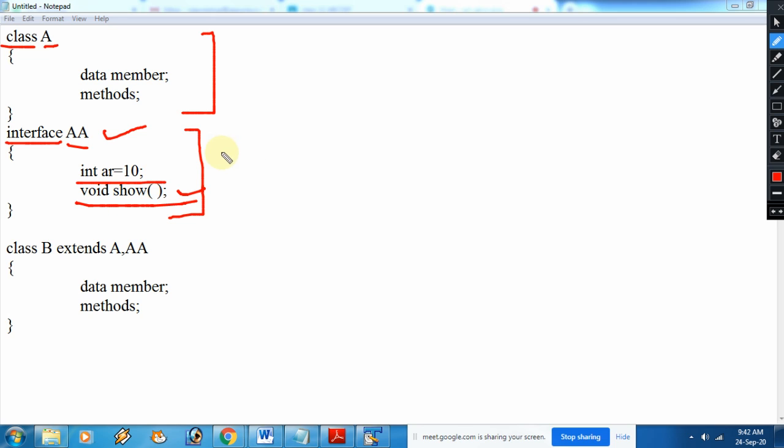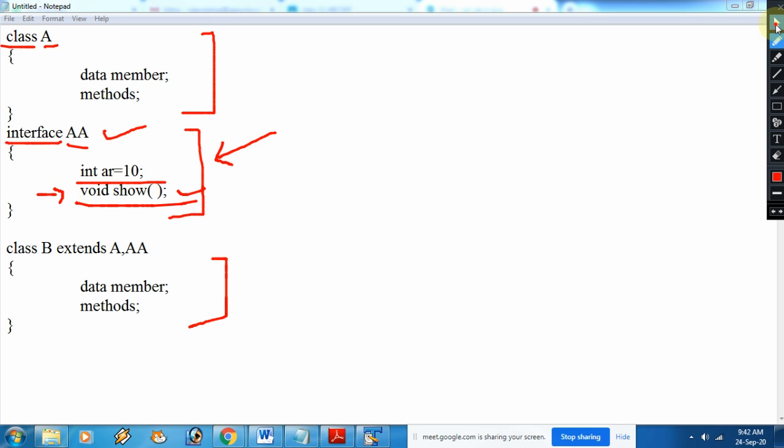So in case of interface, whatever variables or methods you are declaring, that body we are not supposed to declare over there. That body we will declare in the class in which we will implement it.